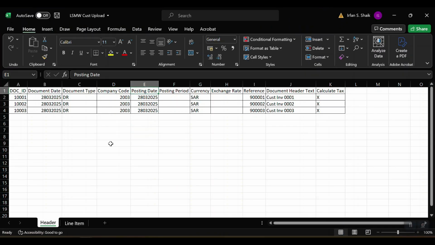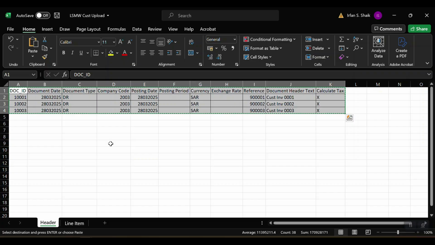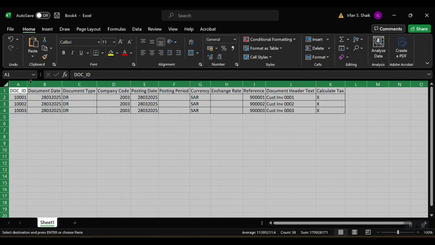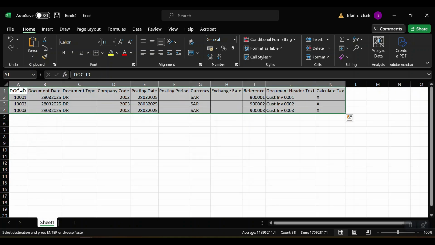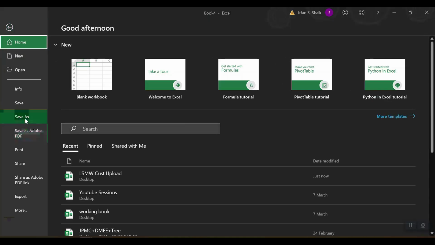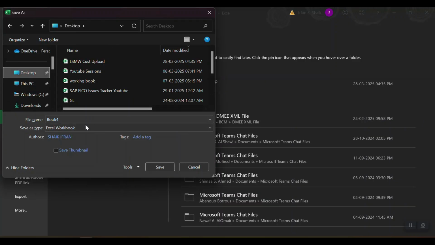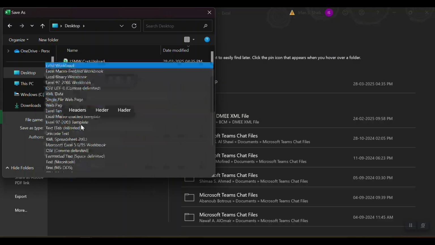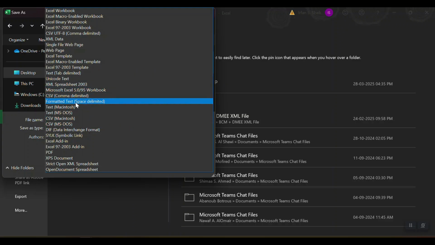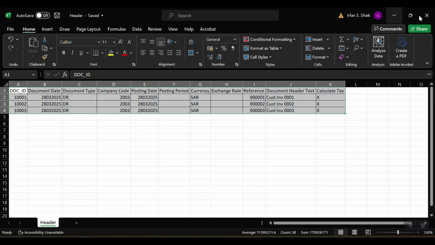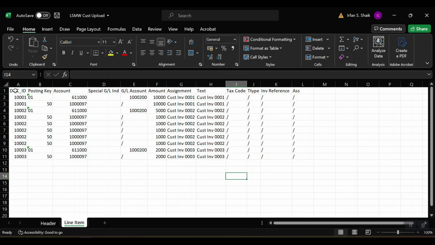Okay, now select this and paste it in the new Excel, and then try to convert into txt format. And then save, then close this one, then come to line item,